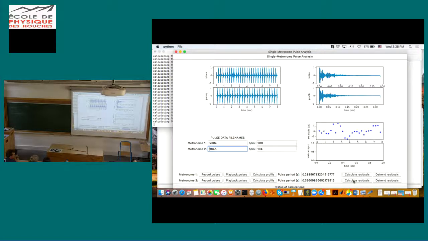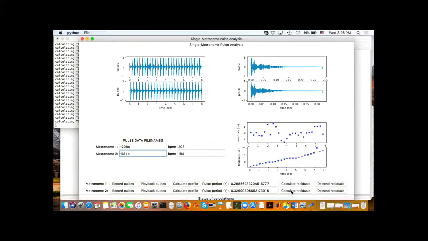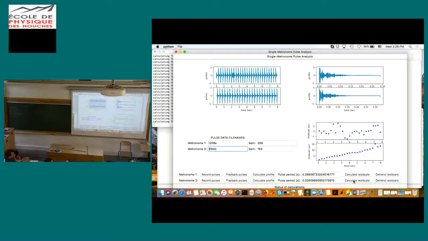Calculate the residuals. And you can see it's calculating over there. So it's split the data up into each pulse there, and it looks for the residual for each pulse. Well, what it's doing is that when you do the matched filtering, you get a correlation function that has these local maxima at the measured time of arrivals. And then what I do is I take the pulse that has the largest correlation as my reference pulse, and then from there I go either forwards or backwards multiples of the pulse period as my expected time of arrivals. Pick out the maximum within